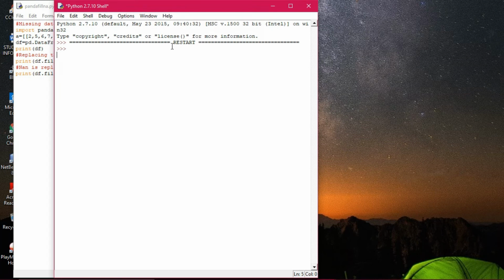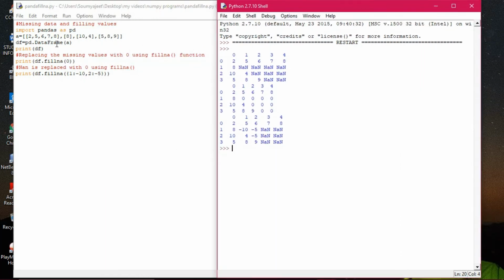Now you see out here the output. Once you watch the output, you will be able to understand. See here all the values are there: 2, 5, 6, 7, 8. Here also the 8 is there, 10 and 4 is also there, 5, 8, 9. So some values are missing. At all those places the missing values have been assigned NaN, and fillna has filled them up with 0, 0, 0, 0 and so on. And in this command, fillna has filled specific columns with -10 and -9, which can be viewed out here. So this is the use of the fillna command whenever you want to fill it up with some specific value. If you don't mention, it will be 0. Otherwise, it will be filled with the specific value in the red color.